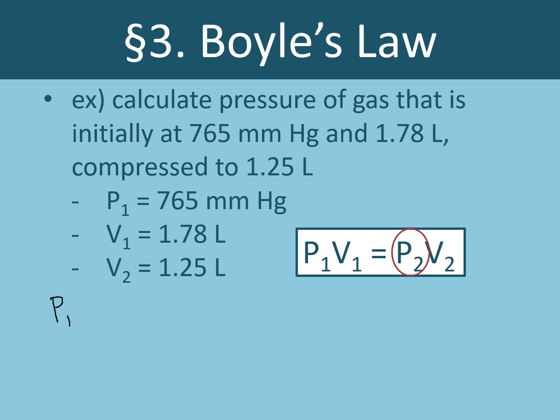So Boyle's law is P1 times V1 equals P2 times V2. In order to calculate the final pressure, we should isolate this variable. In order to do that, we need to get rid of volume on the right side of this equation. Currently, V2 is multiplied by P2. So if we divide this side of the equation by V2,